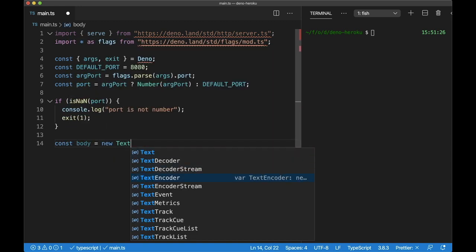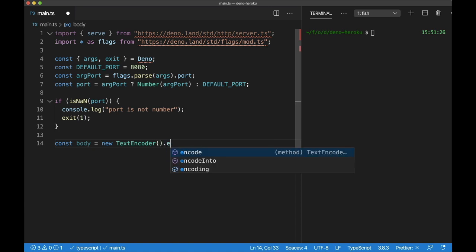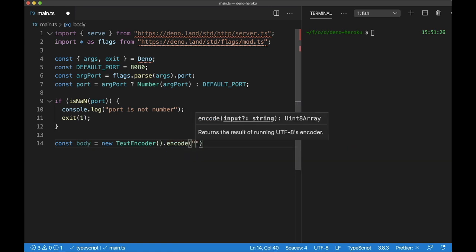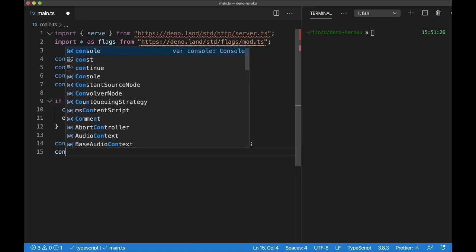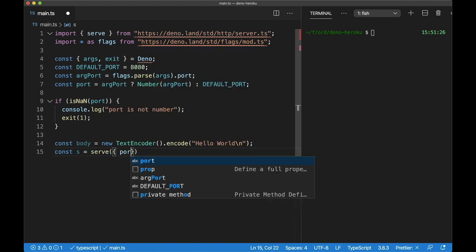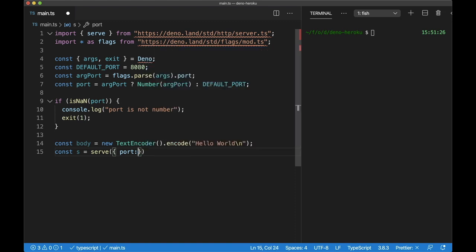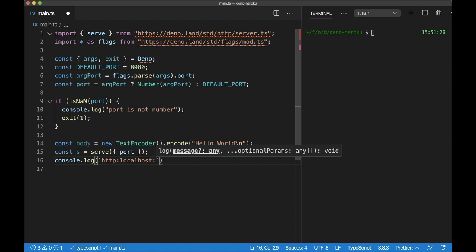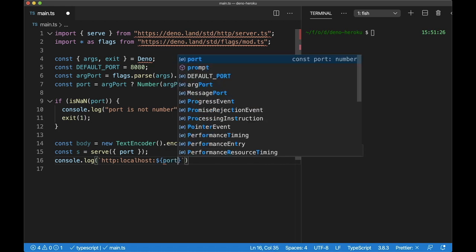We'll create a new text encoder and then encode the string that we want to display in Heroku later when we deploy. Then we'll create a server with port, just the port. I think we can omit this, and let's just console log saying that HTTP localhost and the port number is this,